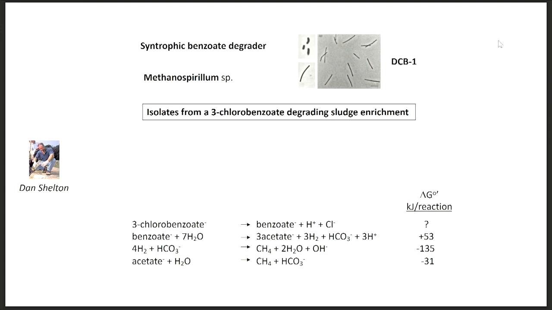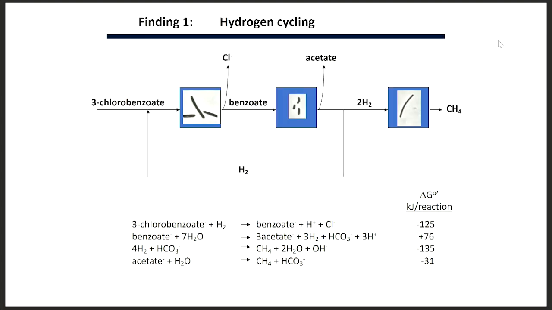There was the hydrogenotrophic methanogen. Well, that's very negative, so together they can do it. And well, we had accumulation of acetate in our system because we did not have a pure culture of an acetate oxidizer. So that was a pity that we didn't have the value for 3-chlorobenzoate at that time, but we did the experiment anyways. But in the meantime, we found a chemist who was able to provide us with the delta G value, or the delta Gf0 value, I should say, for 3-chlorobenzoate, and then we could do the calculation, and it turned out that